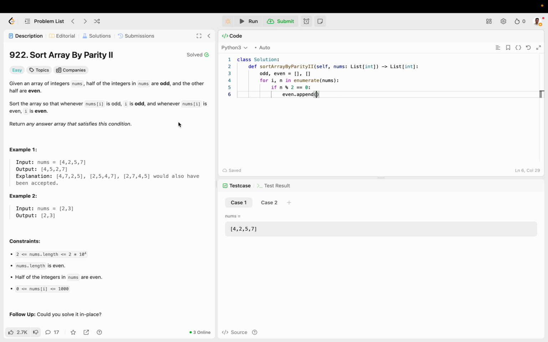But we also have to make sure the index is even. How do we do that? Okay, let's just separate the evens and the odd values, and then at the end,